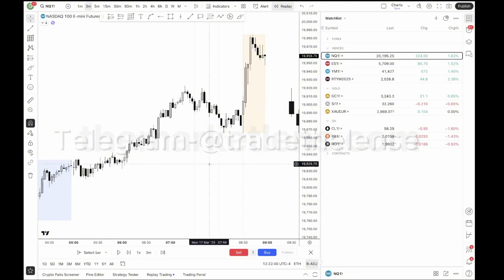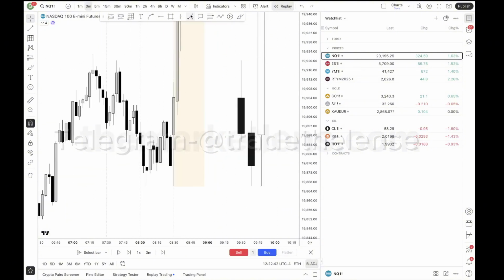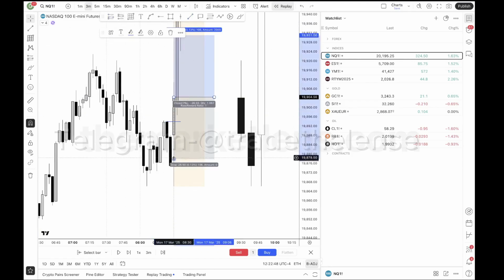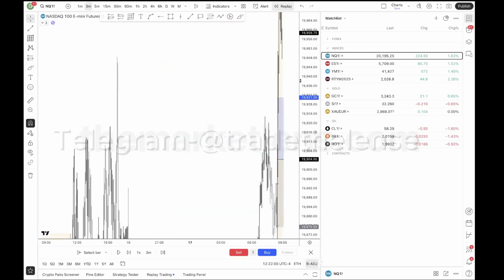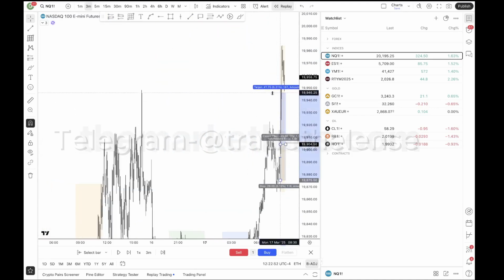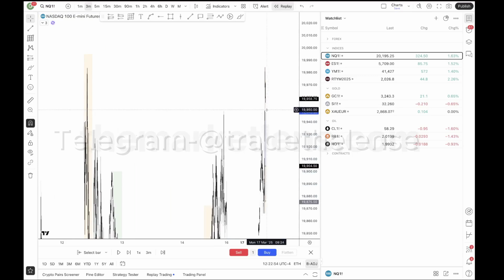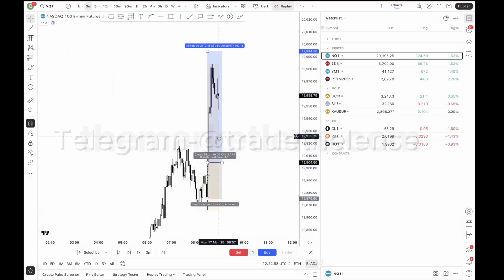let me just delete all this stuff. When I see the driver start to expand away from the low of day, this is my entry, right? It's simply this, right? And I'm targeting this high, but most importantly, I'm trying to target this high, right? And I actually got break even on this trade,